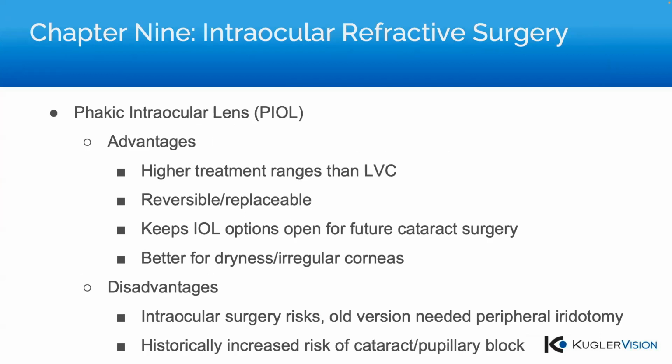Some advantages of phakic IOLs are that they offer higher treatment ranges than laser vision correction. The ICL, or the implantable Collamer lens, is indicated for people in the United States with myopia from -3 to -20. So if you have a very high myope, you can safely treat that myopia at higher ranges than you can with LASIK or other laser vision correction. It's reversible or replaceable. These ICLs are very flexible. They're made out of a synthetic material that is a mix of a polymer and collagen, and very flexible, easy to remove or replace